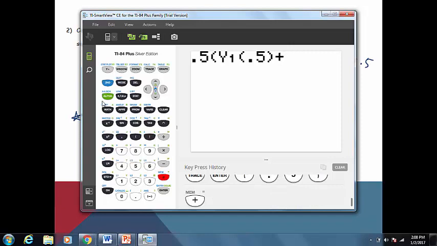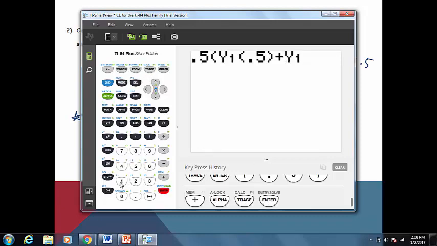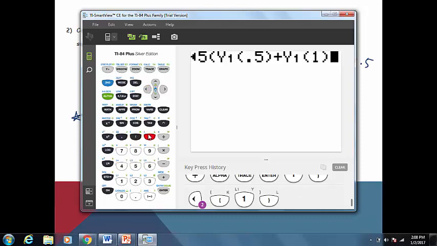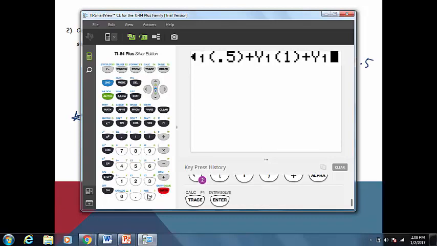So now we're going to hit, again, alpha trace. Again, pick y1. And this time I would like that to happen at 1. Okay, ooh, and guess what I forgot? My left parenthesis. And this may seem tedious, but actually it does save time because you don't have to write down your answers in between. You can just have one final answer when you're done. Okay, alpha trace again. We want y1 again. And next we have, don't forget that parenthesis,